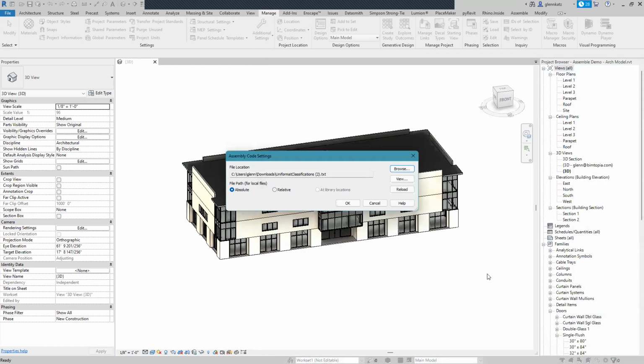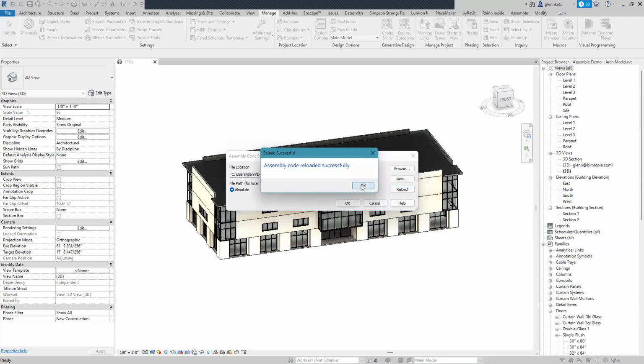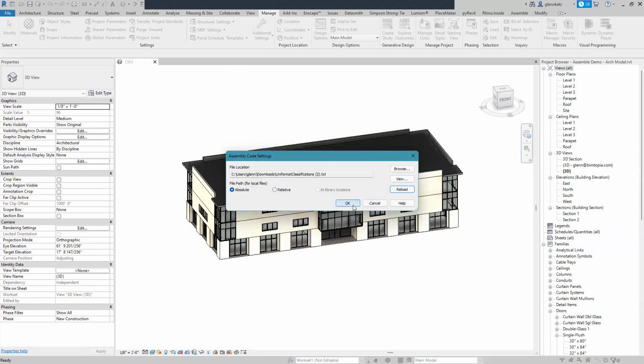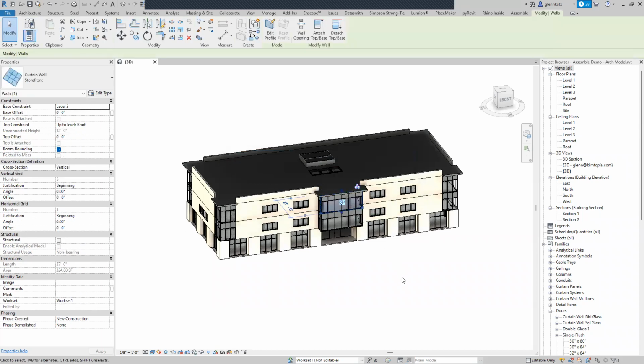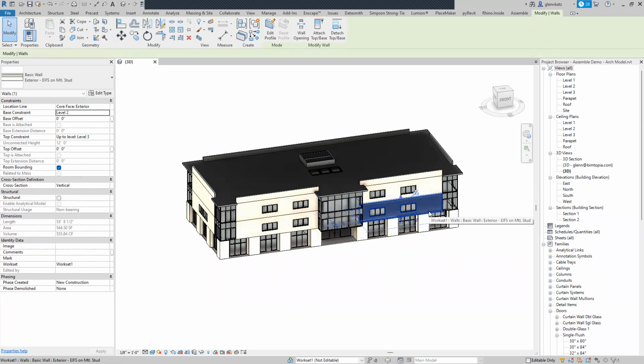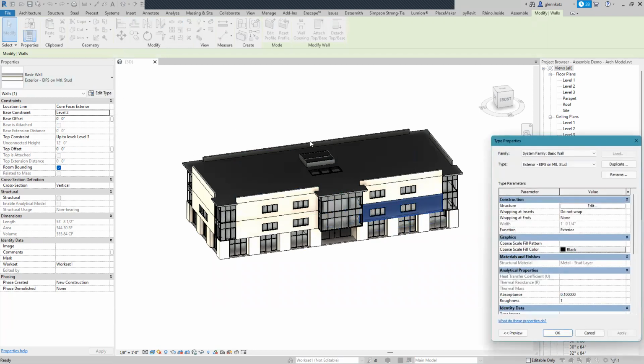Okay. And if we've put that in there, well, let me just reload it here. So you sort of see, reloaded. Super. The effect of that is now when we say that we want to assign an assembly code to an element, and we, for example, go to that wall, assembly codes in Revit are assigned as a family type property. So if you edit the types,